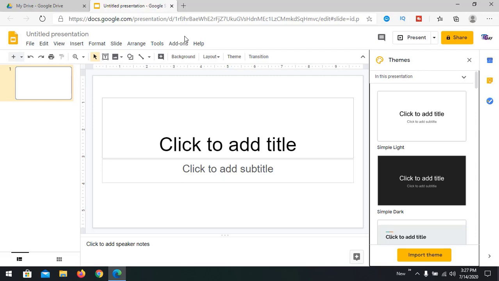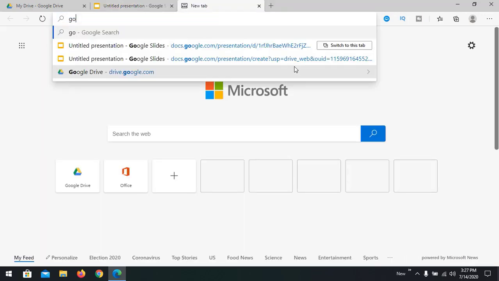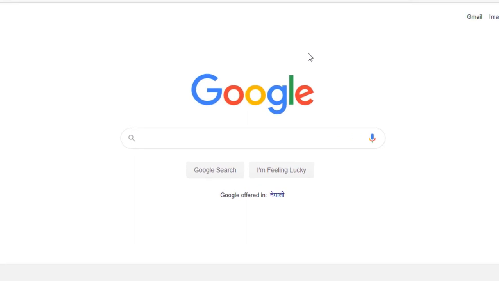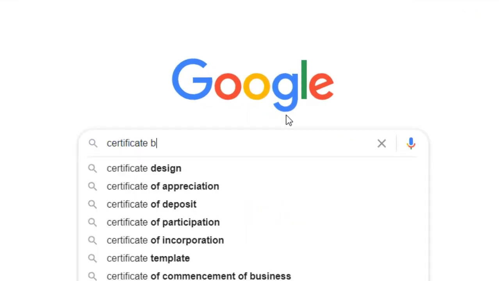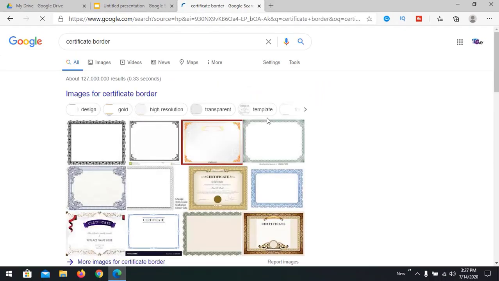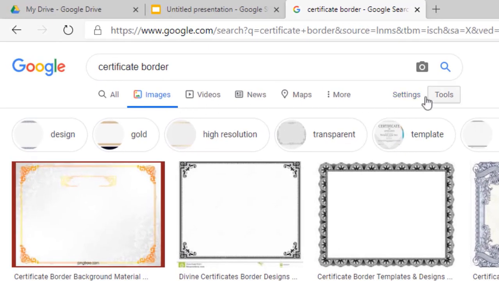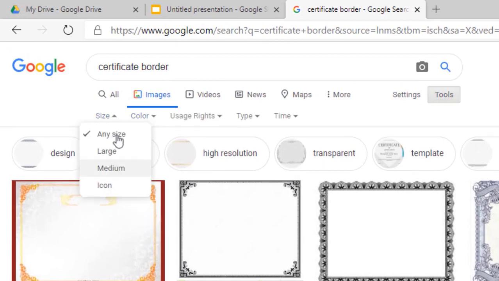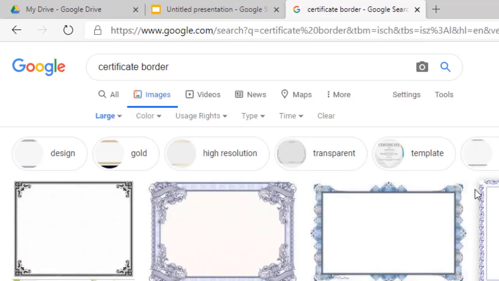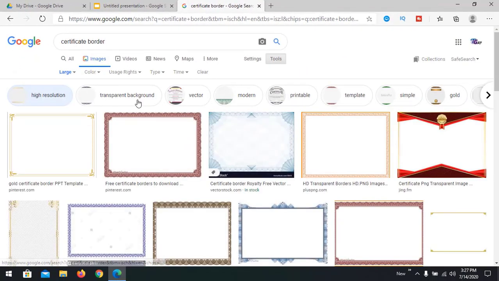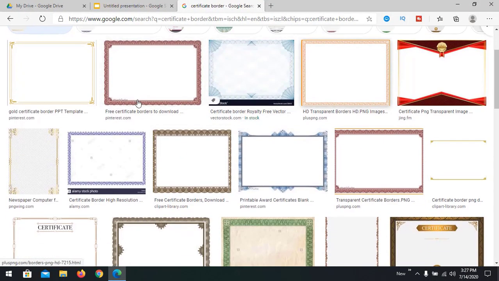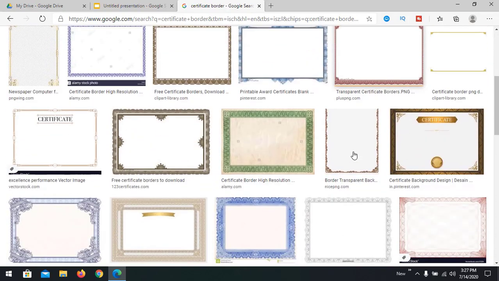If you are tech savvy, we are going to Google to search for Google frame certificate border. So going to image, going to tools and finding the large size images. So we make it high resolution, and we have many available designs that we can use in our certificate.